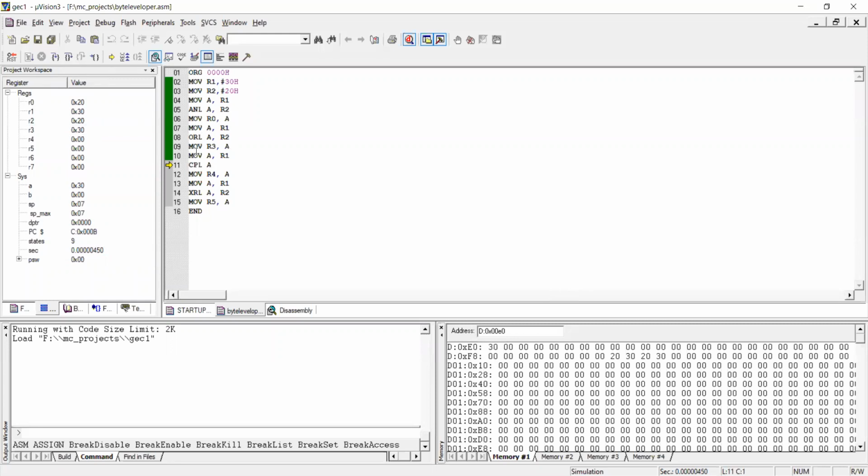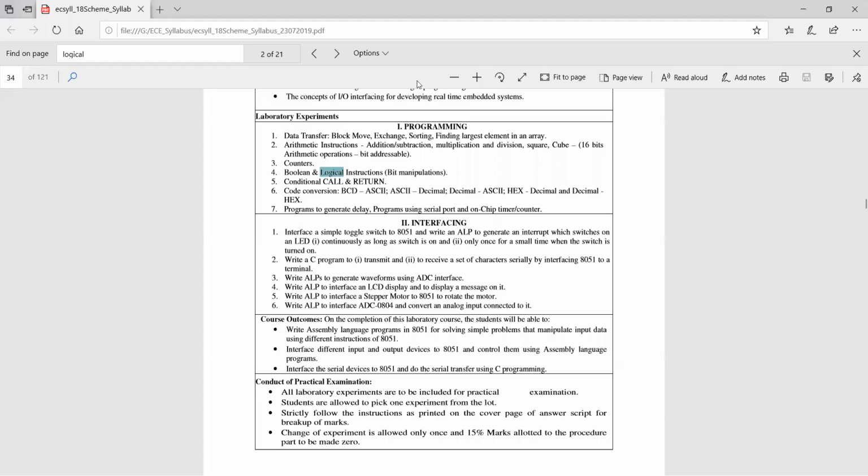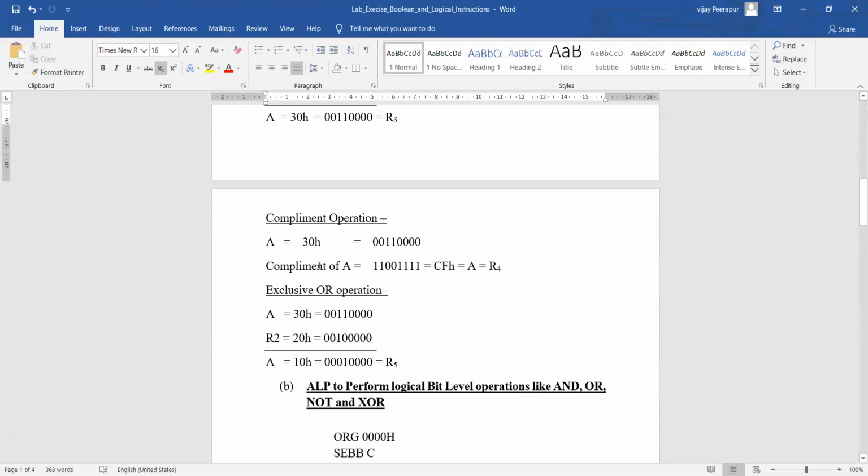Next we perform the complement. The accumulator is having 30. What is the complement of 30 here? Now we can go to this. Where is the program? Yeah, go here. The accumulator is having 30, and the binary is represented so.